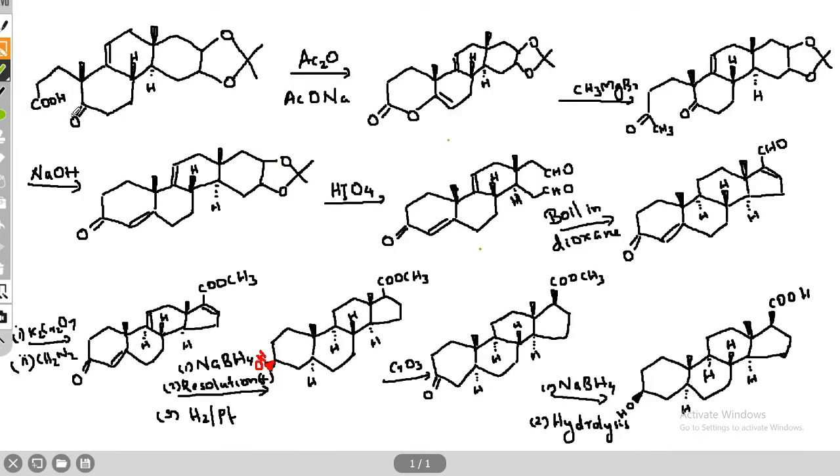Okay, then this keto acid will react with acetic anhydride in the presence of sodium acetate. This will condense to form a lactone. That is, one molecule of water is eliminated. Suppose we consider the enol form of this ketone. That is, the bond between these two will be a double bond, and here OH. Okay, that is this. Then this OH and this H are eliminated as water and form a cyclic lactone, this molecule.